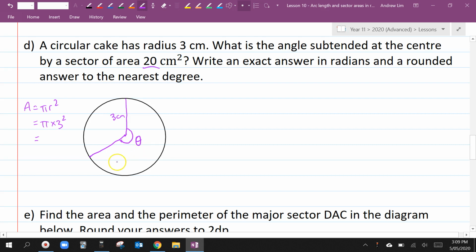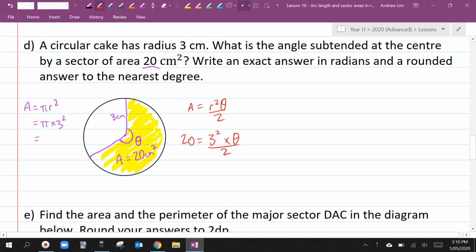Okay, I know that the area of this sector is 20 square centimeters. And I want to work out what that angle is. So area is equal to r squared theta on 2. I know that the area is 20, radius is 3